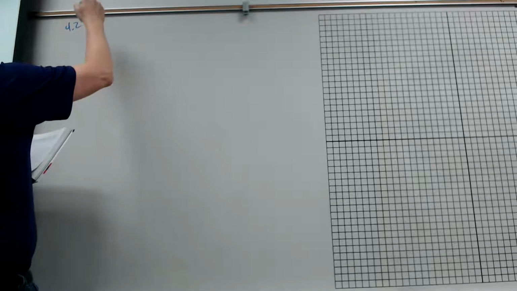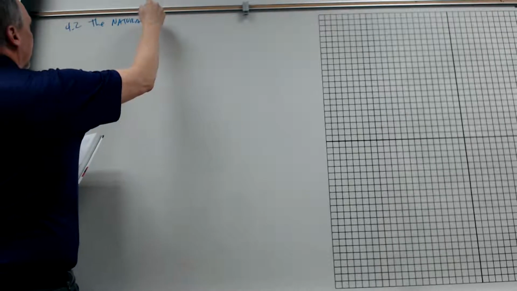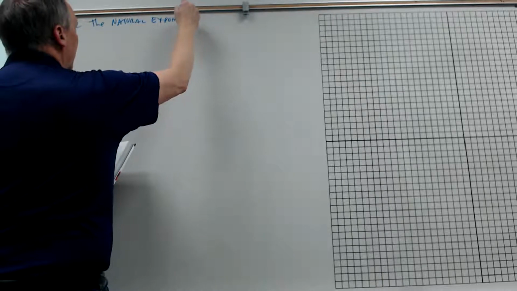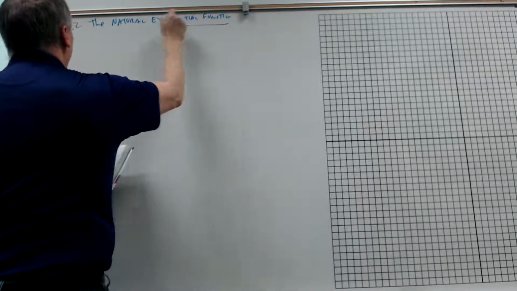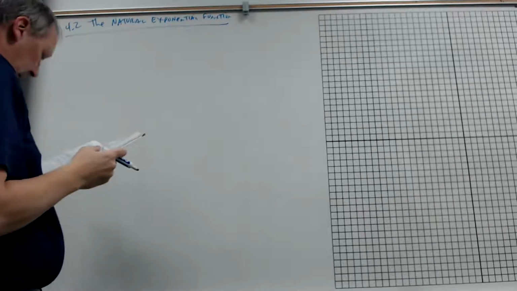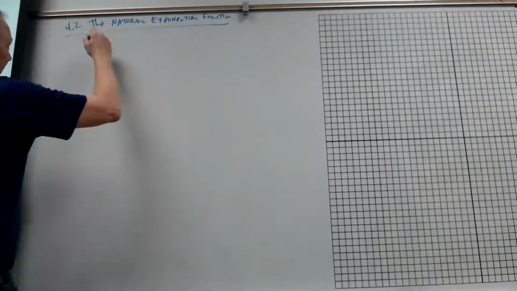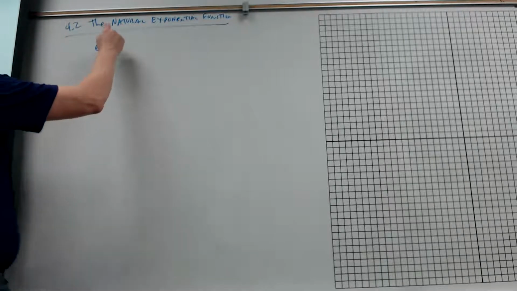4.2, which is the natural exponential function. Okay? And basically, we're going to talk about the number e. And you all thought that was a letter, didn't you? Okay? The number e is a number